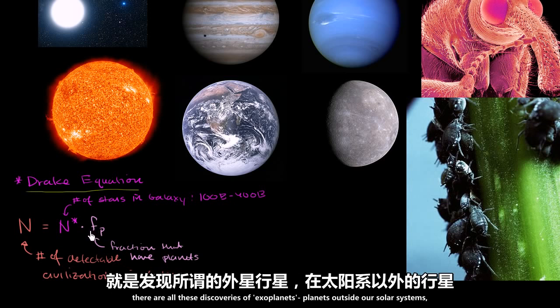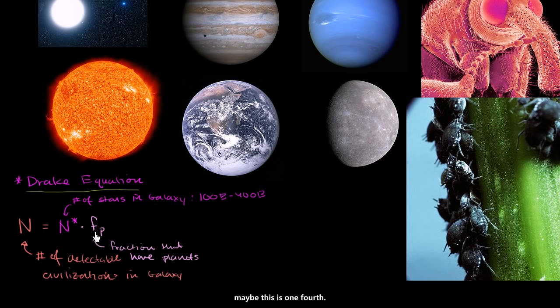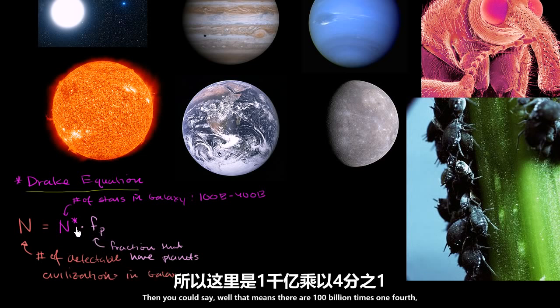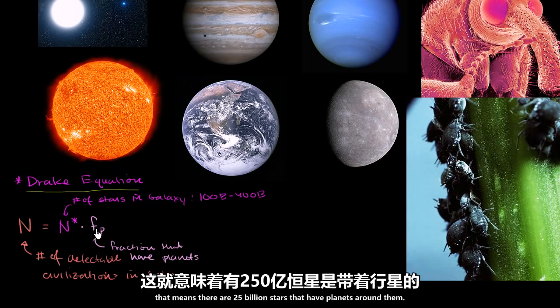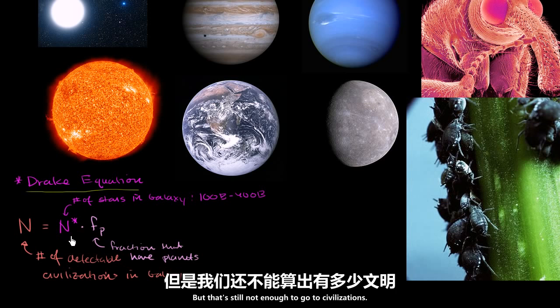There are all these discoveries of exoplanets, planets outside of our solar system. Maybe this is 1/4. Then we could say that 100 billion times 1/4 means there are 25 billion stars that have planets around them. But that's still not enough to get to